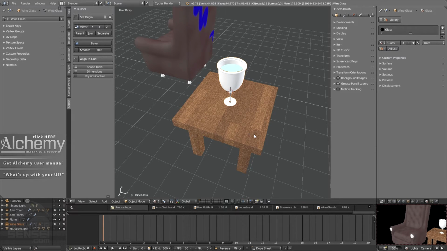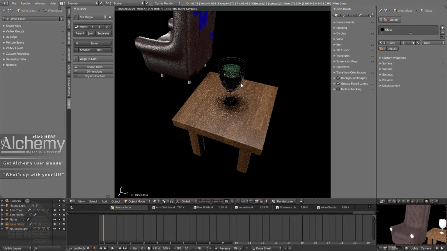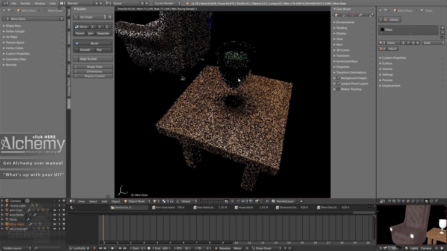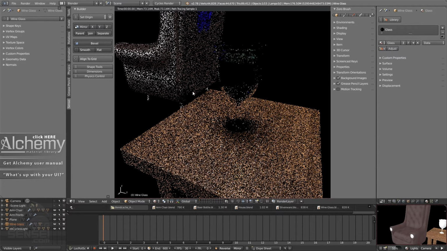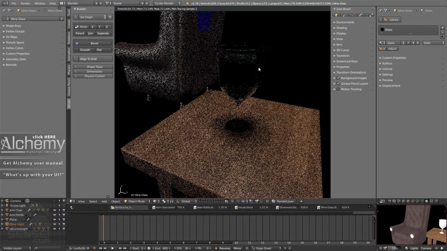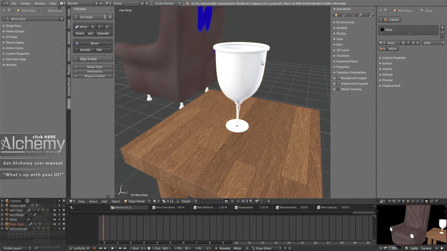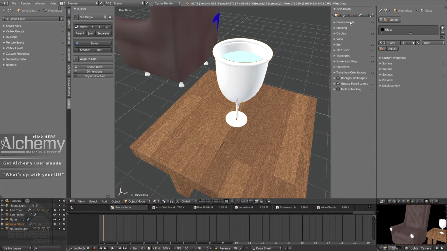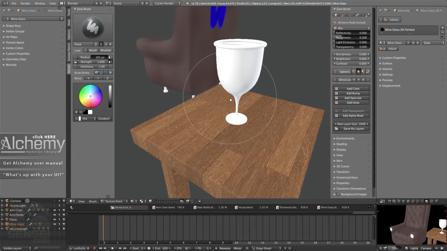So now let's try render preview, press Shift Z. And so we've got this wood planks material and this glass full of gross green river water, which is nice. But the whole point of this was to show that we can paint these texture layers now with the Alchemy paint option in ZeroBrush directly onto any material type. So we could get out of that. We could, with this wine glass selected, press paint. And as soon as we do, I could jump back to this regular draw brush and